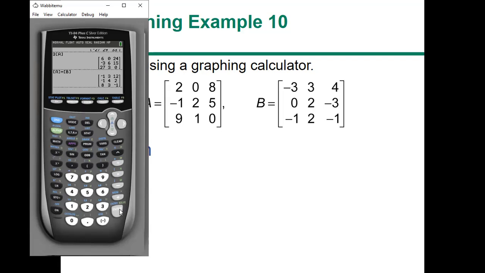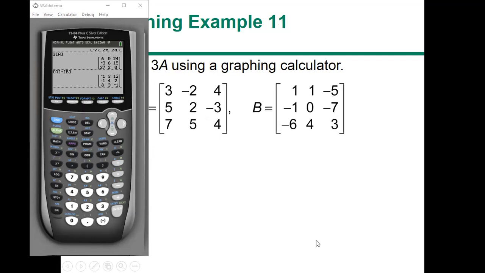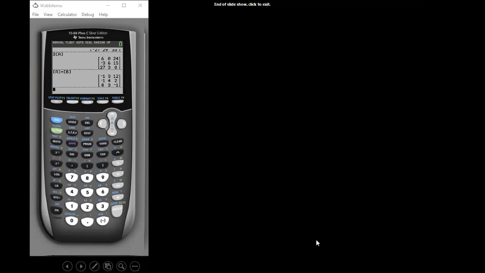As long as you inputted the matrices, you now can use the calculator to manipulate them. Make sense? All right. So that's what the rest of it is telling you, is that you can use the calculator to multiply and add and subtract, and that is all